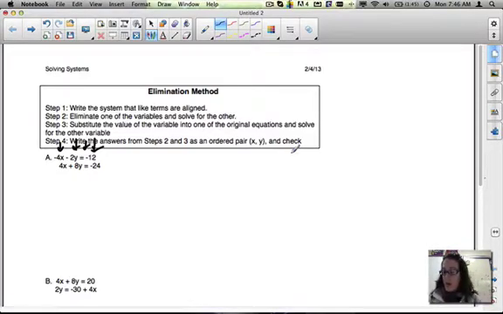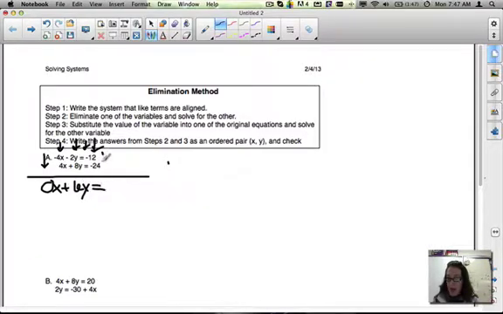Now step 2, this method again is called the elimination method, so we are looking to eliminate one of the variables. With this method, what we are looking for is the same number with opposite signs for either our x's or y's. If you look at our x's on letter A, I have a negative 4x and a positive 4x. Following the signs going down, negative 4x plus 4x gives me 0x. Then I have negative 2y plus 8y gives me a positive 6y